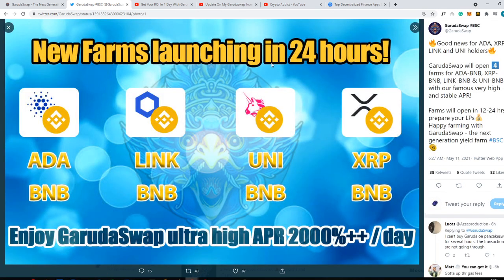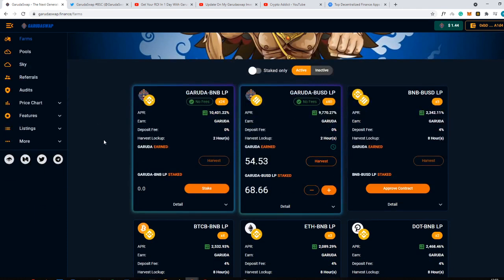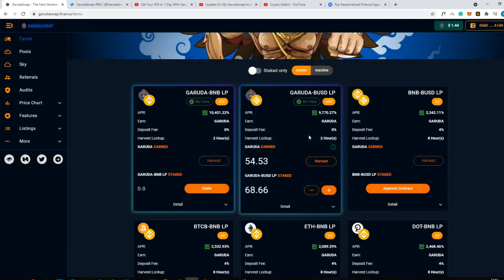they're also launching new farms in the next 24 hours, which has ADA BNB, Link BNB, Uniswap BNB, and even XRP BNB. And they said enjoy Garudaswap ultra high APR of 2000% per day. So that's really, really big, and for me,